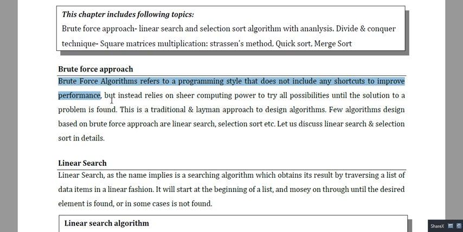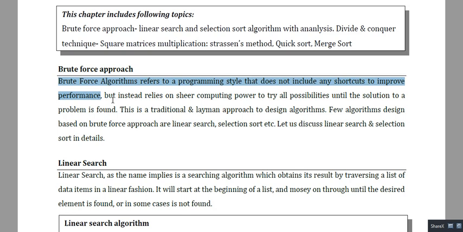In this brute force approach, we try all possibilities. We execute all possibilities to find our desired solution. So this brute force approach takes the maximum time to run.